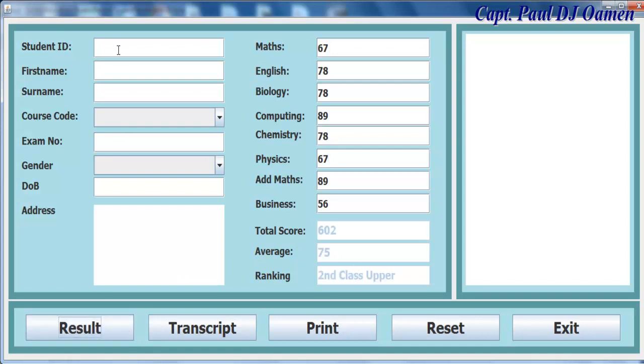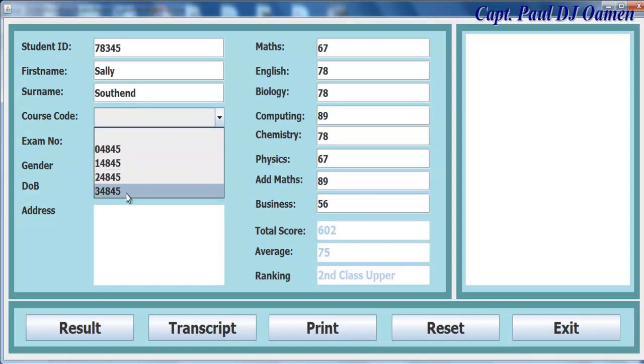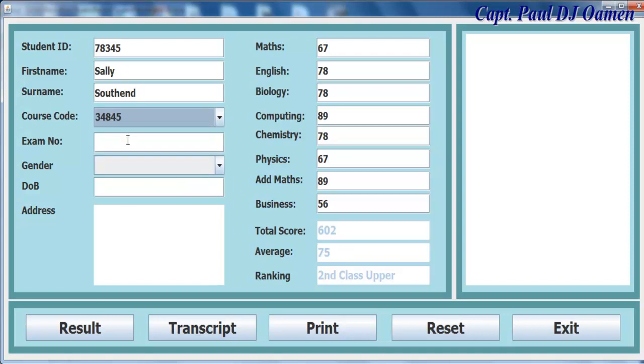Second class upper. Let's enter the details of this candidate, and the name of this very candidate is, let's say, Sally South End. And Sally, she's in final year, second class upper. That's good. Exam number, and Sally is female. Date of birth of Sally 7011999. Address of Sally South End is number 34